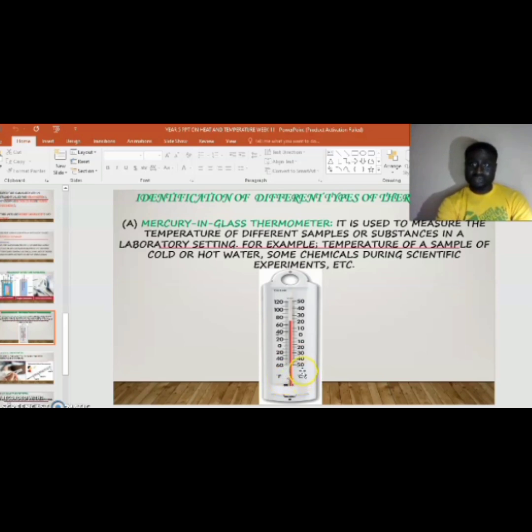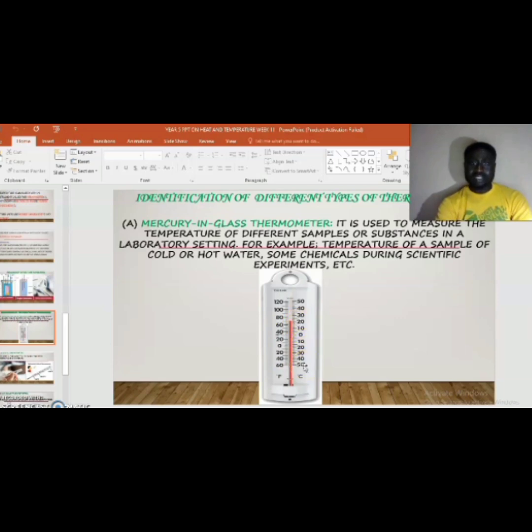It can be converted from one scale to another. So for degrees Celsius, this would be 20 degrees Celsius of this particular temperature. Then for Fahrenheit, this will be 70 degrees Fahrenheit because it's calibrated into intervals of 10, so we call it appropriate scaling. So the scaling here is 20, 40, 60. Between 60 and 80 you have 70, so this will be 70 degrees Fahrenheit, while this is 20 degrees